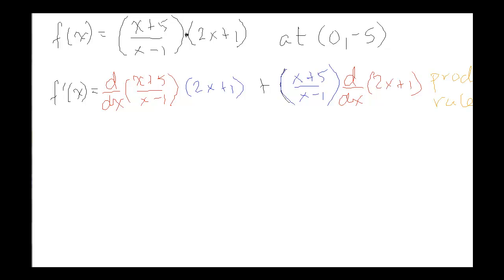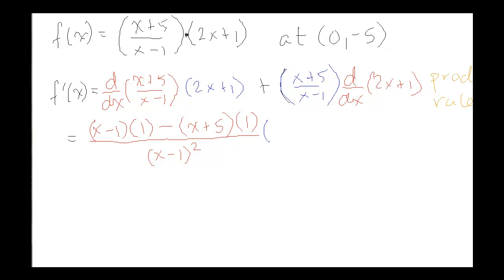Now within that, when I take the derivative of the first part, I'm going to end up with a quotient rule. So the derivative of x plus 5 over x minus 1. Well, that's bottom d top: the bottom, x minus 1, times the derivative of the top. It's the derivative of x plus 5. That would be the derivative of x, which is 1, and the derivative of 5, which is 0, so that's just 1. Minus, okay, so it's bottom d top minus top, x plus 5, times the derivative of the bottom. Derivative of x is 1, minus the derivative of 1, which is 0, so we get just a 1, all over bottom squared.